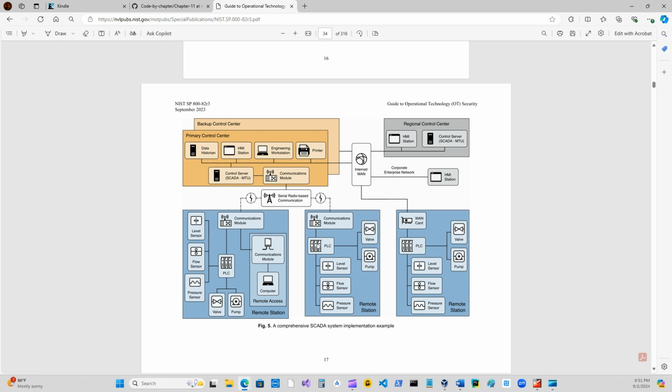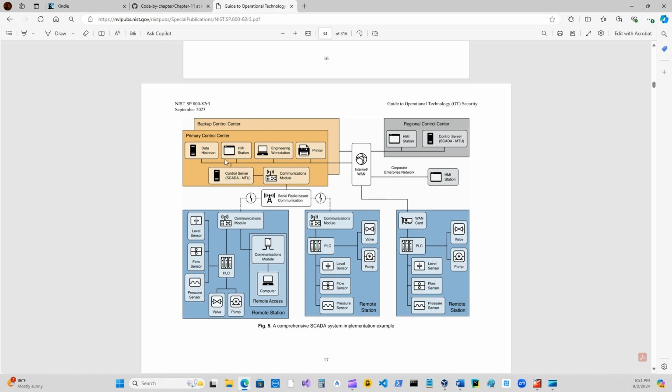So right here is showing that this PLC is connected to a sensor, another sensor, and another sensor. These are sensors. That's a level sensor. So basically, it's checking to see if something's level, and sends it back to the PLC. The PLC is connected to your communications module that is serial radio based communications. So is this hackable? Absolutely. If it's connected to the network, if it's Bluetooth, this is where, if I was getting into cyber, I'd be like, oh, this is where our problem is right here. Look at this. Serial radio based communication. Maybe if I'm able to hack that communications module,